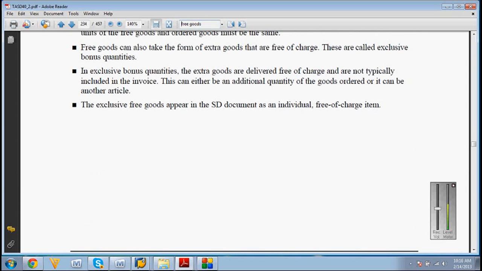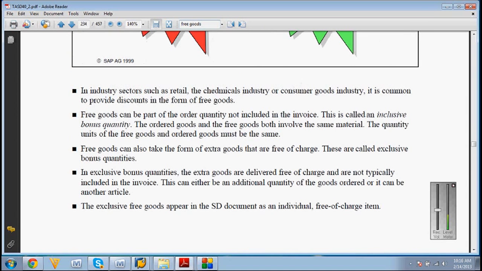The exclusive free goods appear in the SD document as an individual free of charge item. A helmet is free along with the bike. That's free goods determination. Exclusive means, remember, an external product. And the extra goods are delivered free of charge and are not typically included in the invoice.